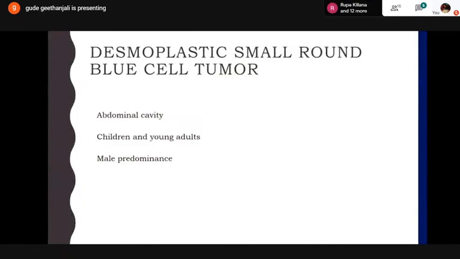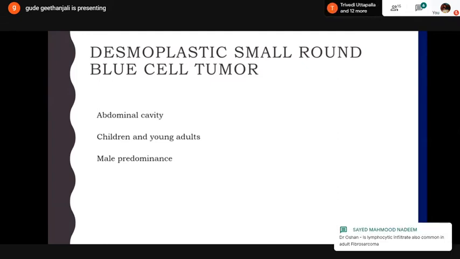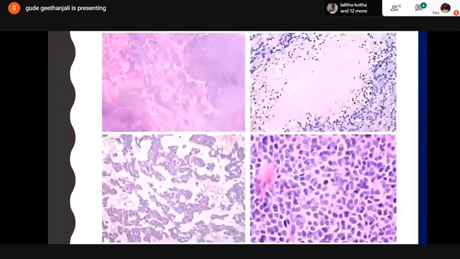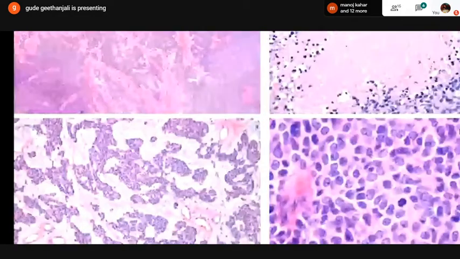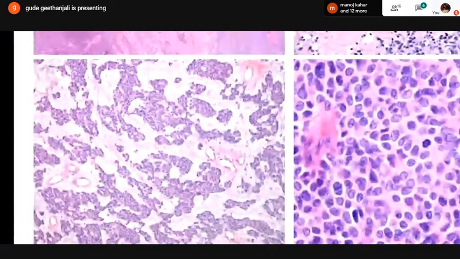So the next category of tumor common in young adults and children is the desmoplastic small round blue cell tumor. It is common in the abdominal cavity, peritoneum, and mesentery, and it can present as multiple masses in the abdominal cavity also, and it shows a male predominance. So morphologically, desmoplastic small round blue cell tumor is characterized by this interlacing trabeculae of small round blue cells which